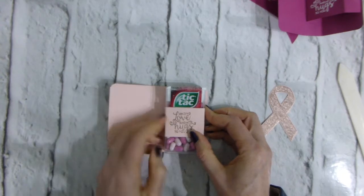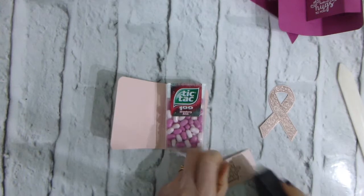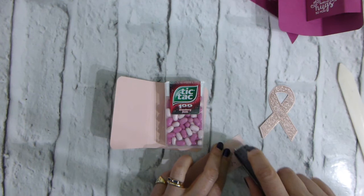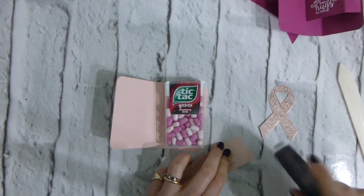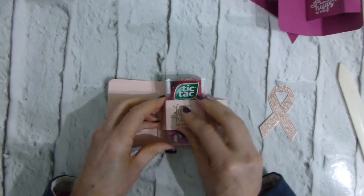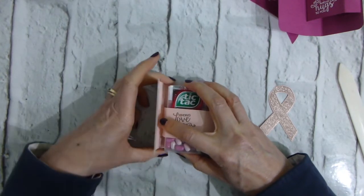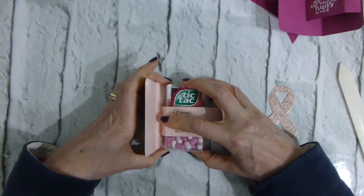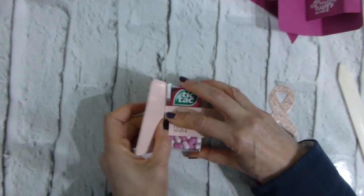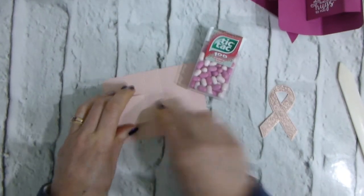And then you can get your fast fuse. And I'm just going to add fast fuse to the single side first. So the single fold, which is going to go into the back of the box, for want of a better, well, book. Get your Tic Tacs where you want them in the box, and then just push against the Tic Tacs and make sure that that's well down,